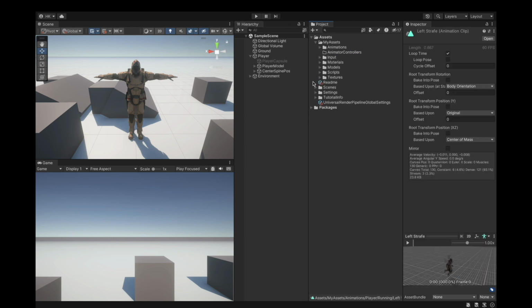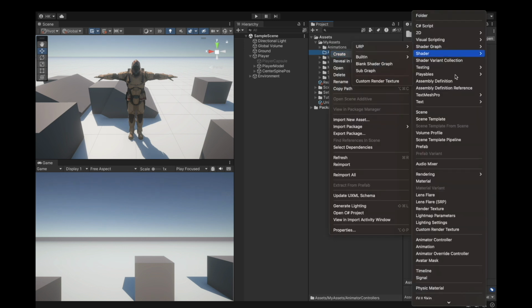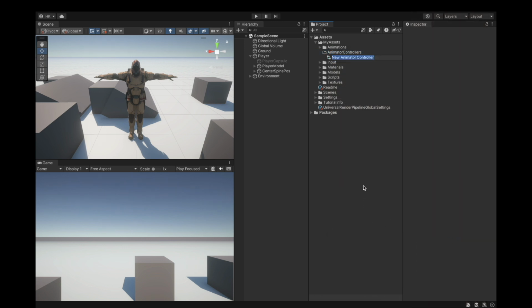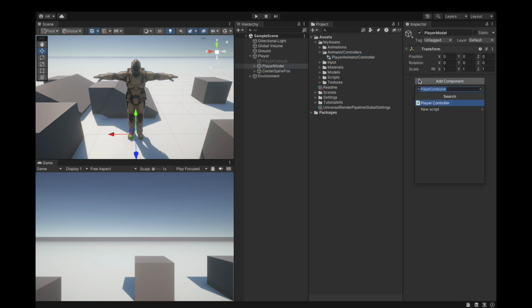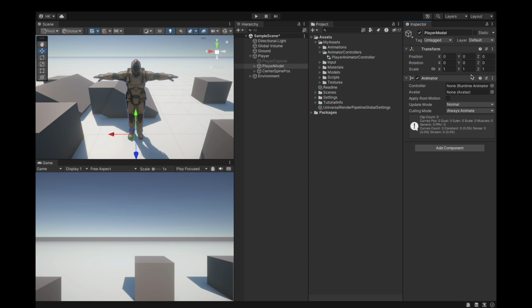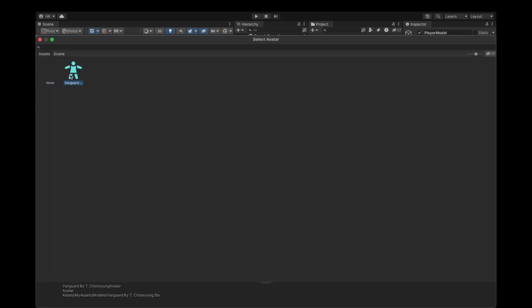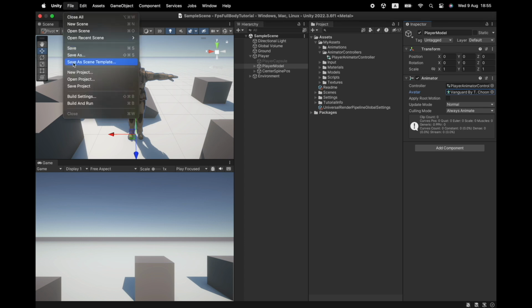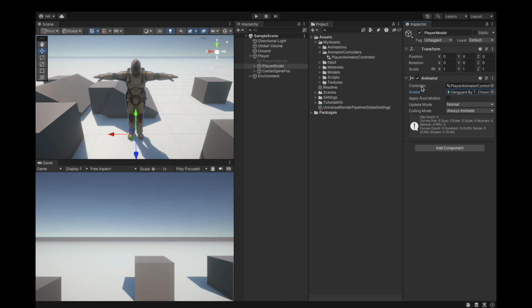We're just going to add an animator to our player model. First we'll create an animator controller. Call this our player animator controller. And then on the player model we'll add an animator and just give it our player animator controller and Vanguard tuning inside the avatar. Just save that, and